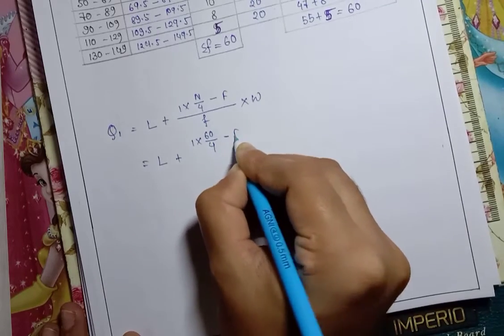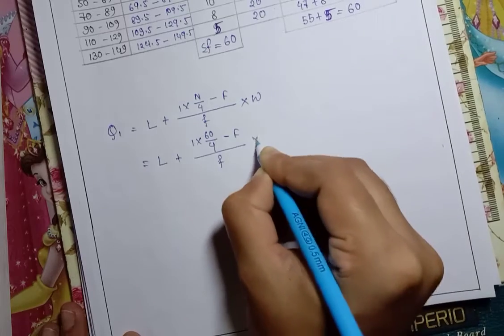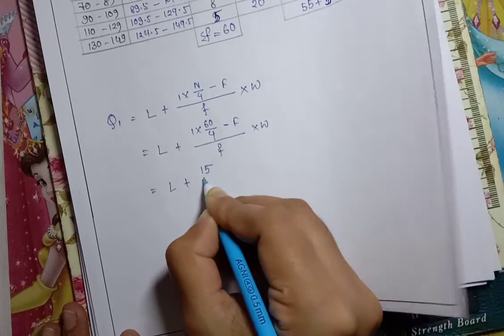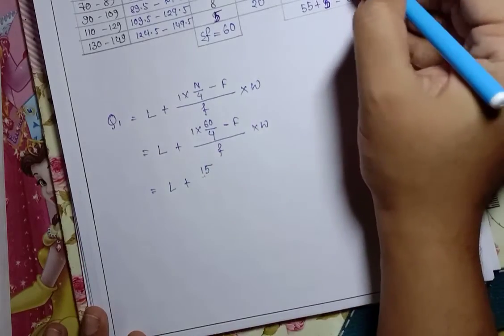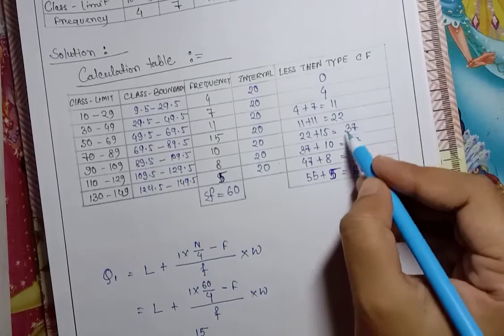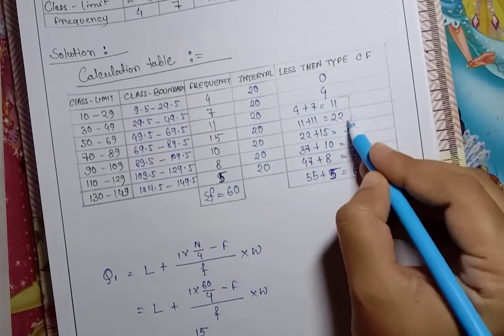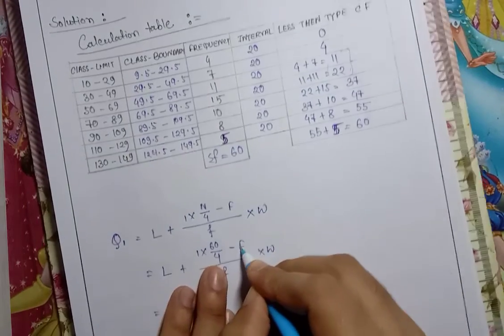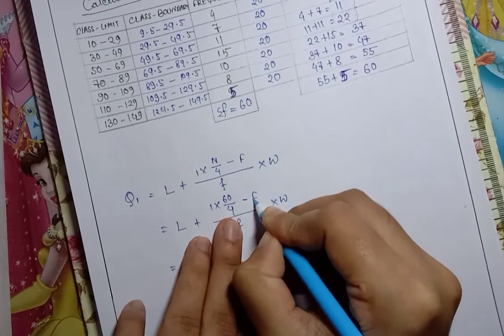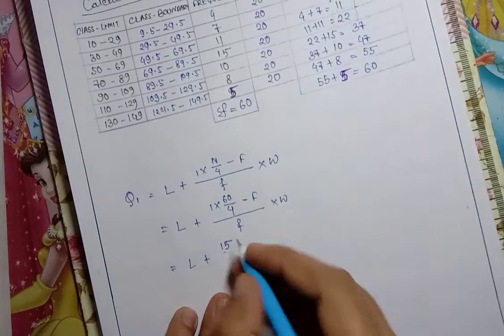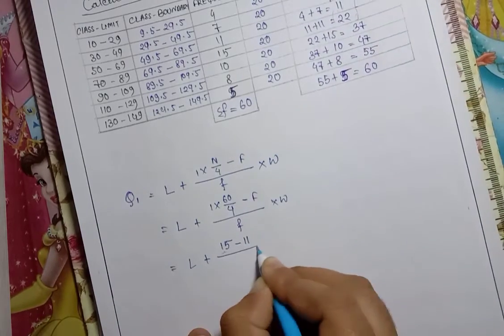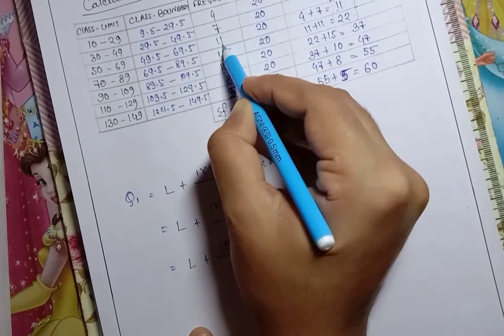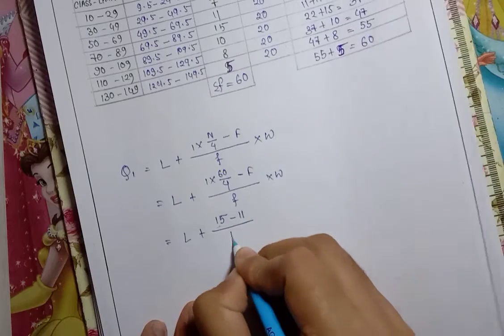Firstly, we need to calculate n by 4 and then we will put in the other values. That is 15. Now the 15 comes between the 11 and 22, so the value of capital F will be 11, the just before cumulative frequency. So it is 15 minus 11, and small f will be the just before frequency. W is equal to the interval,